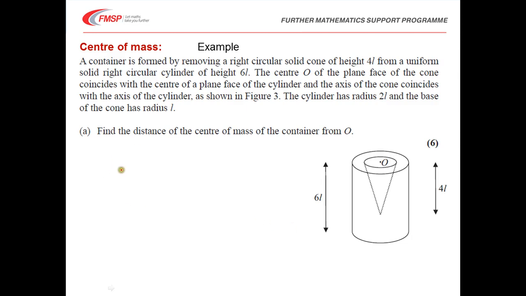Now, if you'd like to just have a little read through the question here, a container is being formed by removing a right circular solid cone of height 4L from a uniform solid right circular cylinder of height 6L, to leave this sort of hollowed out shape remaining. We're going to find the distance of the centre of mass of this container from O, which is the centre of the plane face of the cone, and we're going to do this by setting up a table of values,